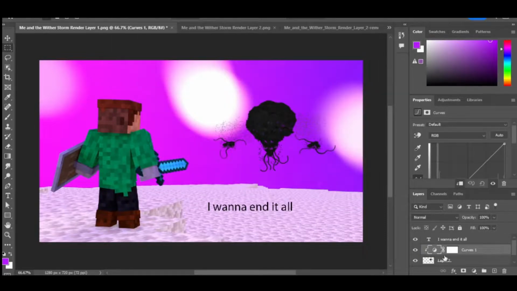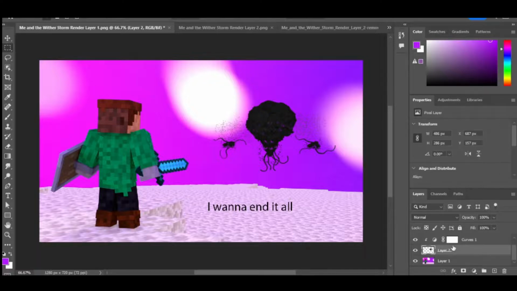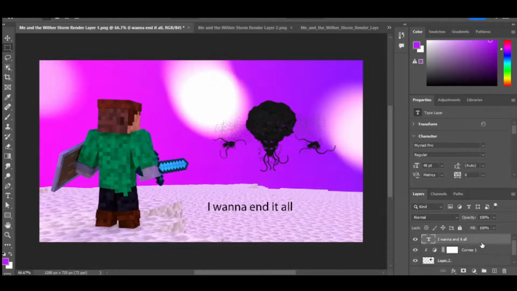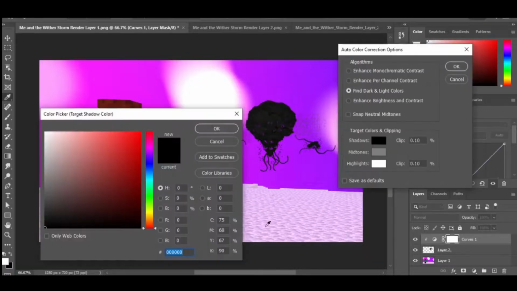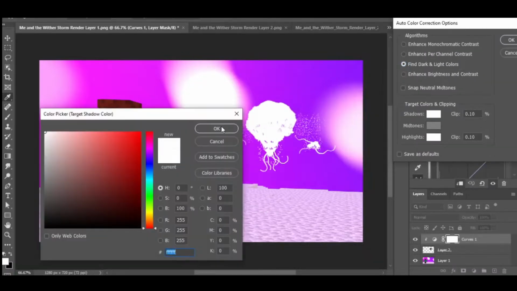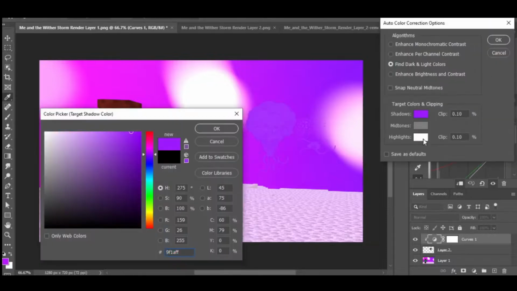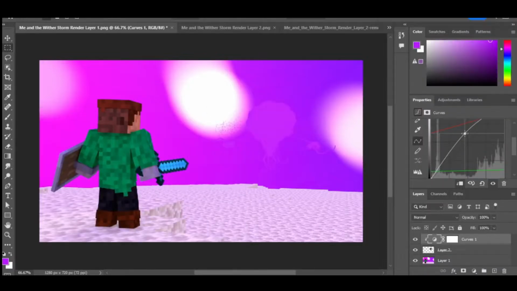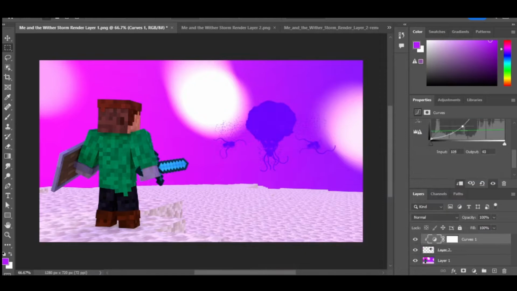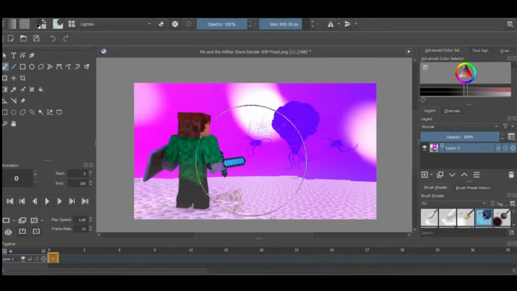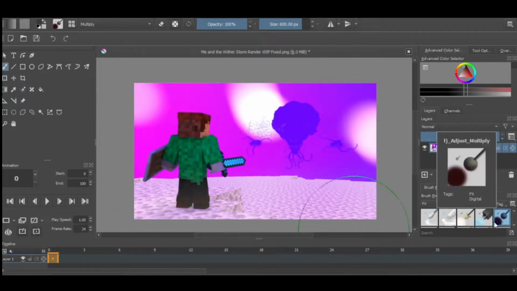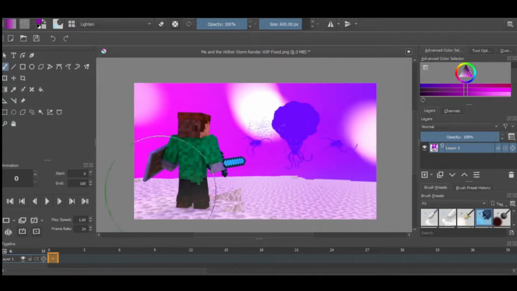Now, I used a trick I learned from some random Indian man on YouTube, which basically you do these curve things, and you make a curve adjustment, and then you make a curve thing, and then you... I don't know what I'm talking about. But the point is, do some magic. I don't even know how it works. I made the Wither Storm kind of match the lighting pretty well. Honestly, it matches the lighting better than if I would have rendered it in one scene, and I'm actually really happy with that. Now, the only issue is that the foreground was looking very, very blurry.